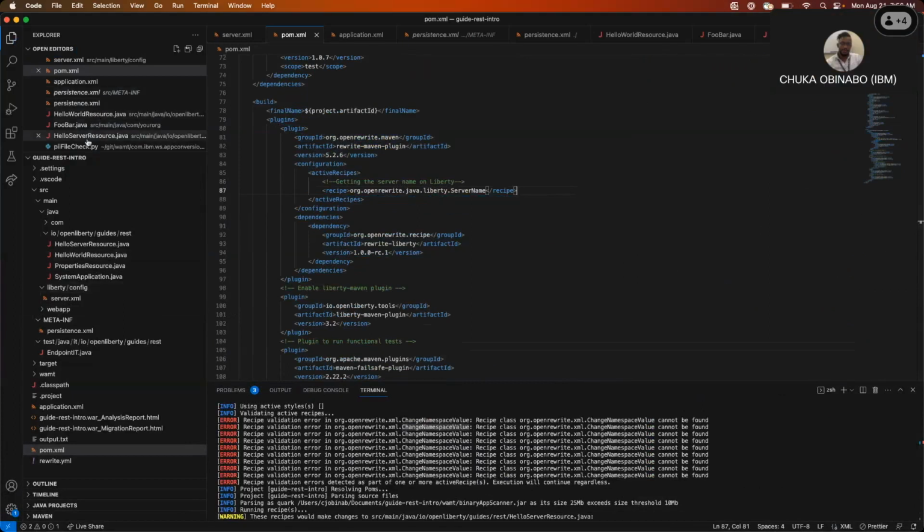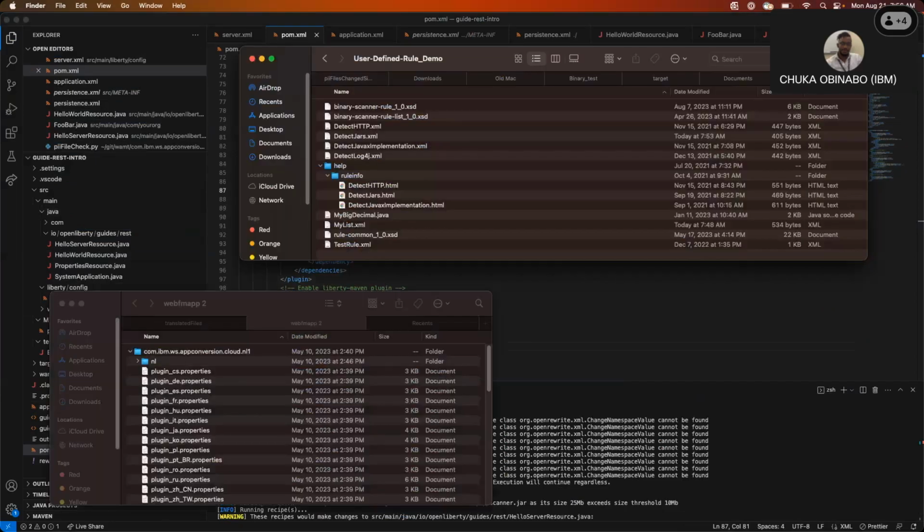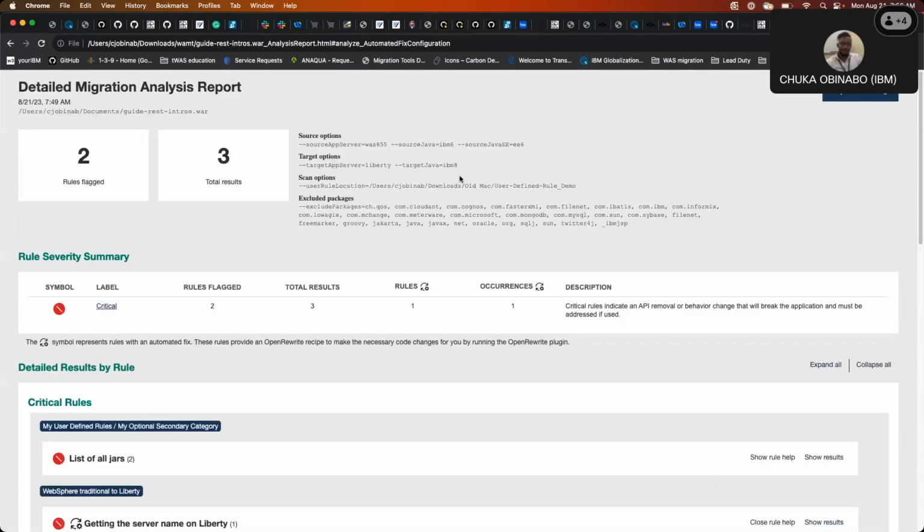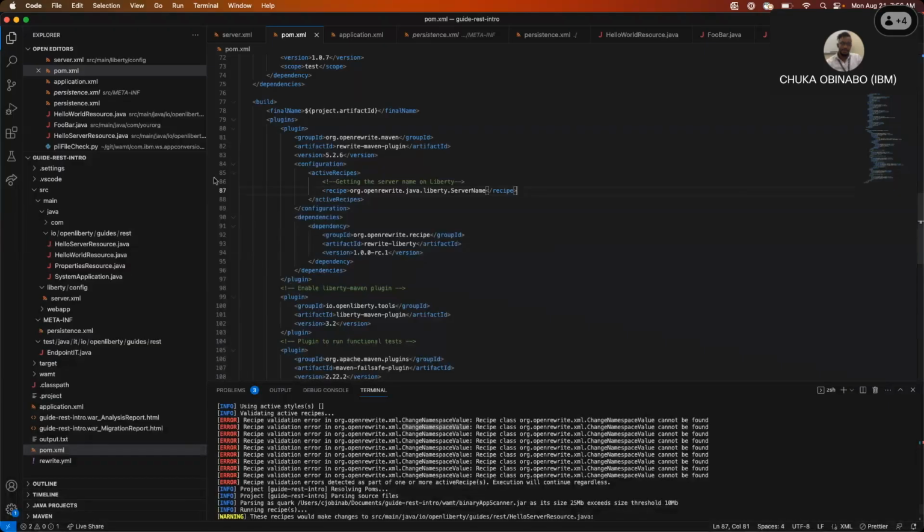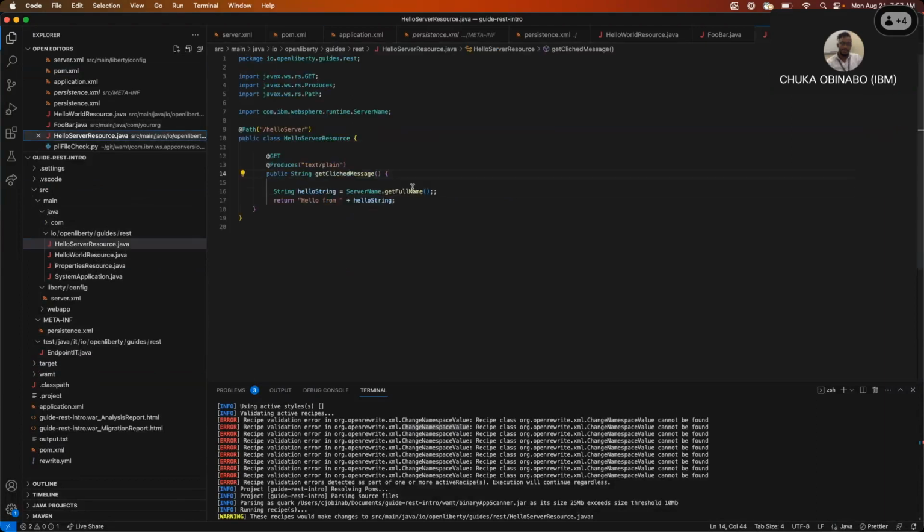So for some context, this VS Code environment is the environment where that war I ran a scan against was created. The application was guide rest intro. So this is my VS Code environment, which contains the actual definition for guide rest intro, and it was actually built into my target directory in here. And what I'm looking for right now is I just want to make sure that I have not already executed the fix. So I haven't. That's good. So here is my class, which actually makes use of the server name,